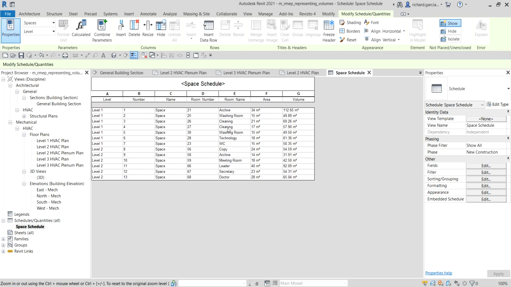Okay, so these are the names of those rooms and then the room number. So our goal here is we want to make sure that the name of our room is the same as the space here. So basically, we want to make this archive, washing room, cleaning, and then we also need to follow the number of the architectural room number.